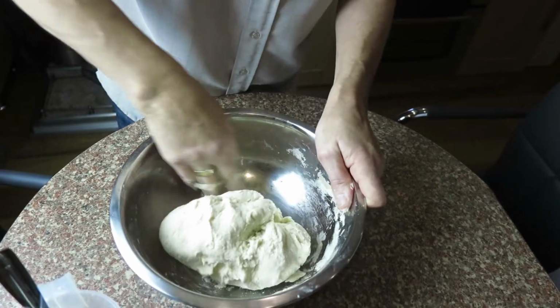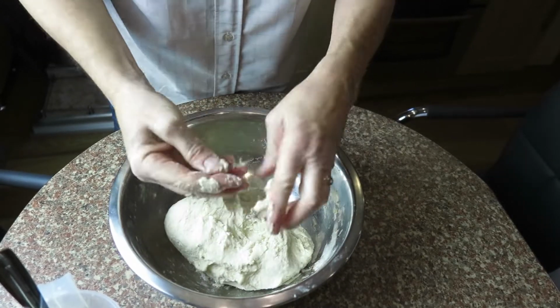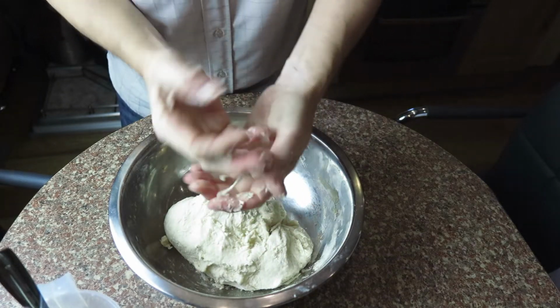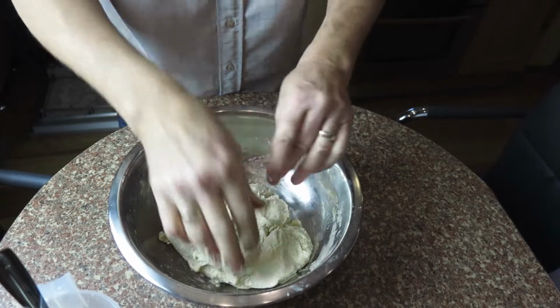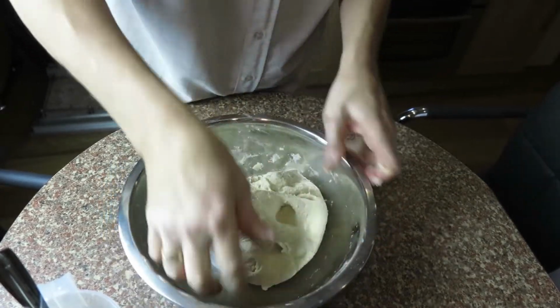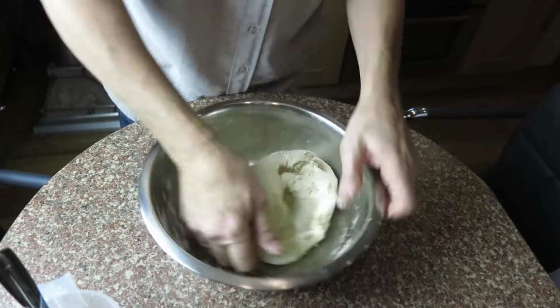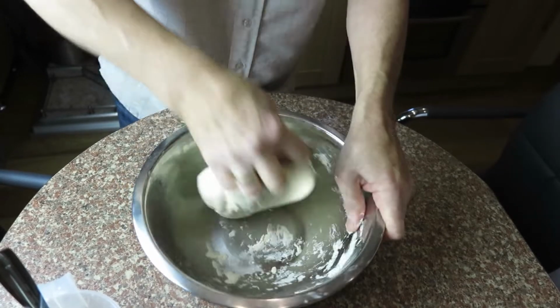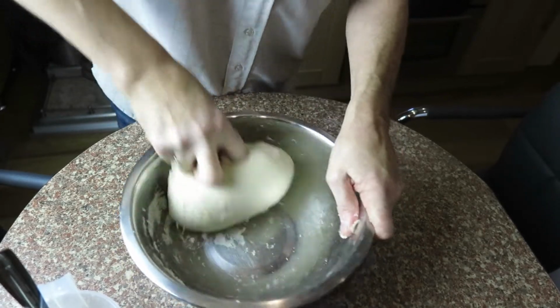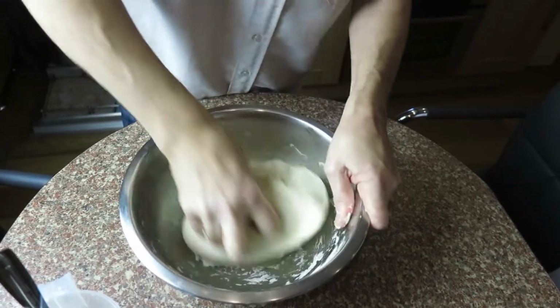I don't think you could actually over knead it, to be fair, but as I say, it's not one of these breads that needs lots of aggravating. And just so you know, I've never made this before, so if it doesn't turn out, then I've got it wrong. I'm doing it from memory, so